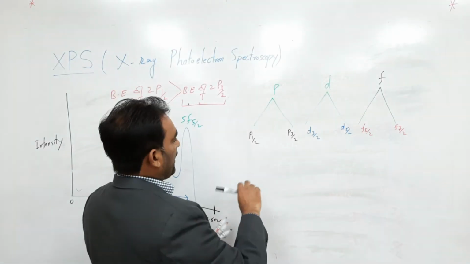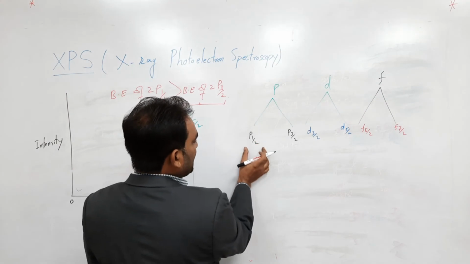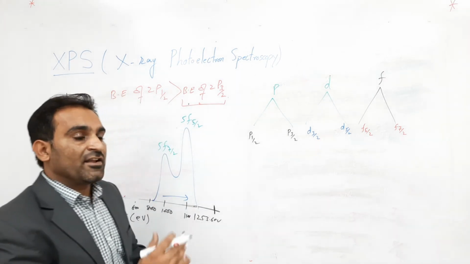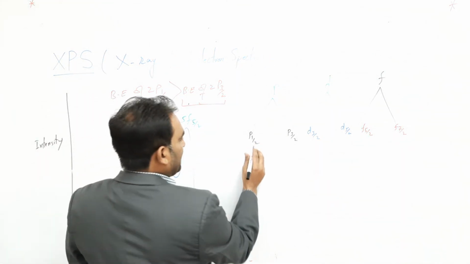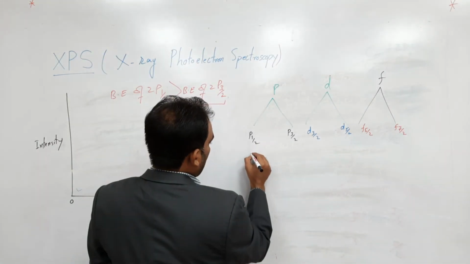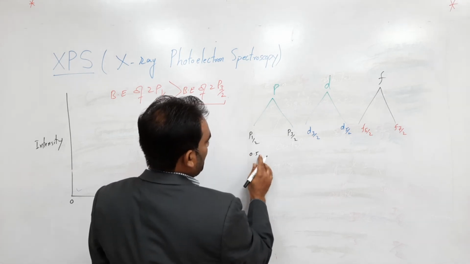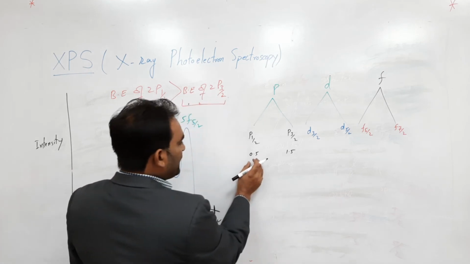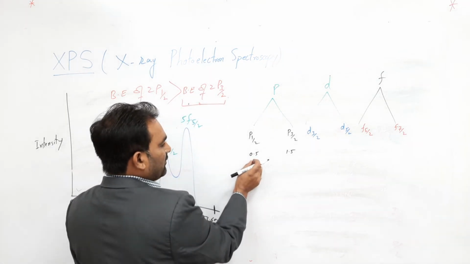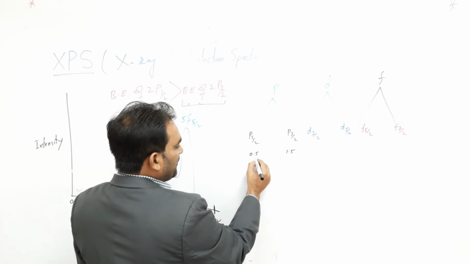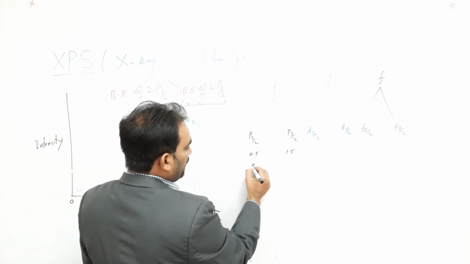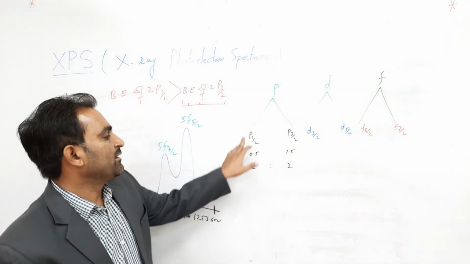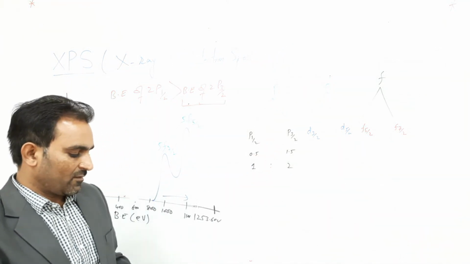Now, you have to find the ratio of the height of this signal and the height of this signal, the ratio between these two signals. You can write over here 1 by 2 is equal to 0.5 and 3 by 2 is equal to 1.5. If you go for approximation by rounding of data, it will be equal to 1 and it will be equal to 2. So the ratio between these two is 1 ratio 2.